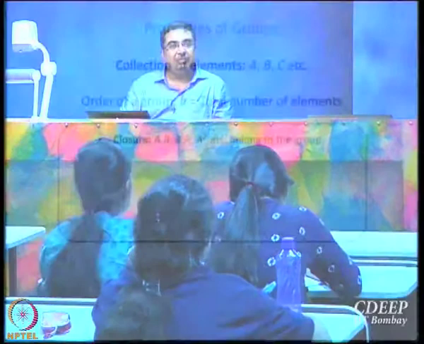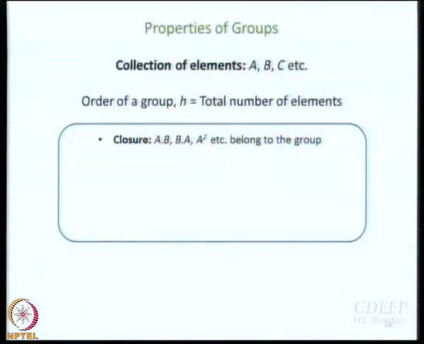First property is closure. Okay, we understood closure and we have convinced ourselves that for C3v, the set of symmetry operations satisfy the property of closure. Okay. Next one is the presence of an identity element: Ex equal to xE equal to x. An identity element is such that it multiplies with any element to give back the same element. And not only that, it commutes with any given element, including itself.